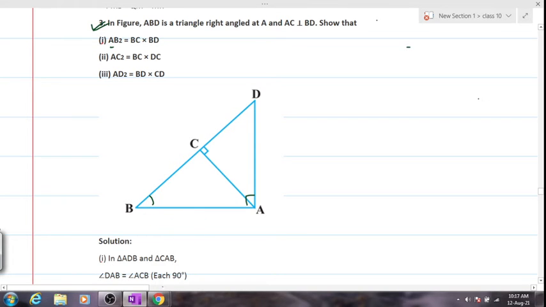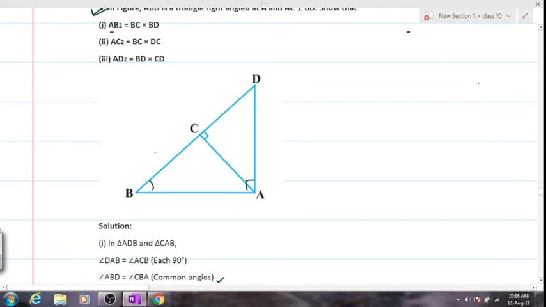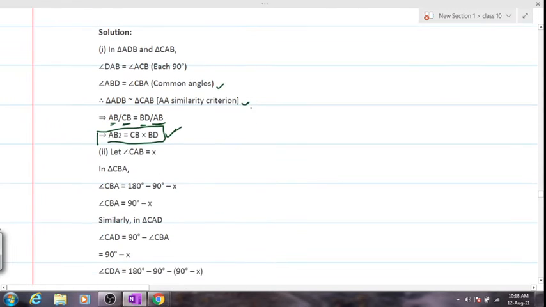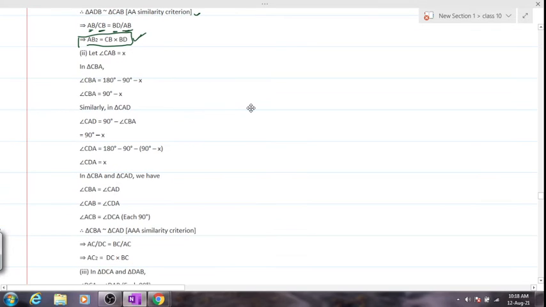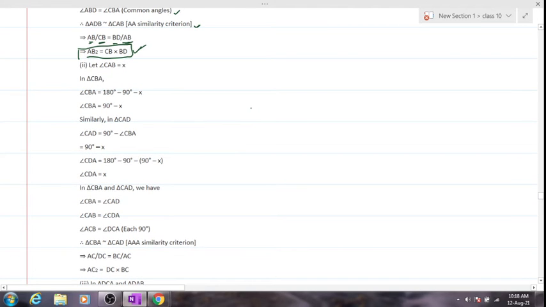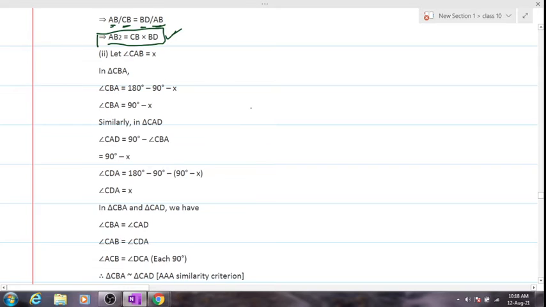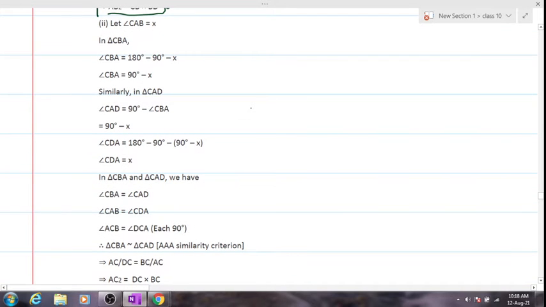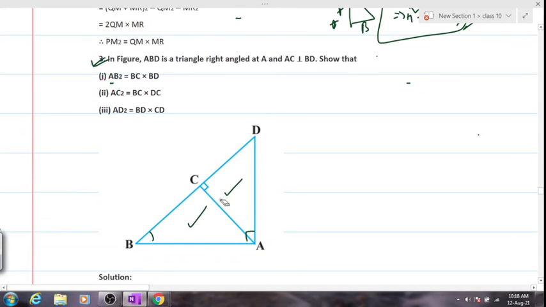Now can anybody tell me how we should proceed with this? If you remember yesterday what concept we used. You have to consider these two triangles. Clear? Yes or no? Now if you don't want to use that triangle, a similar concept we have done, you can directly use this. And we don't need this angle criteria. We just have to prove that CAB and CAD are similar to each other. Can we prove it?